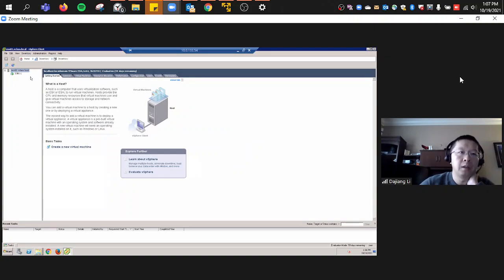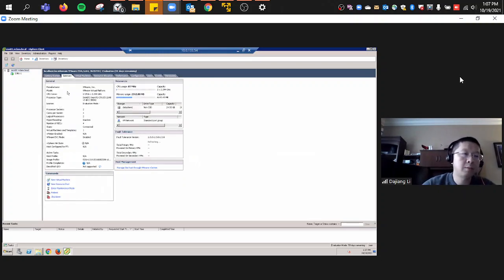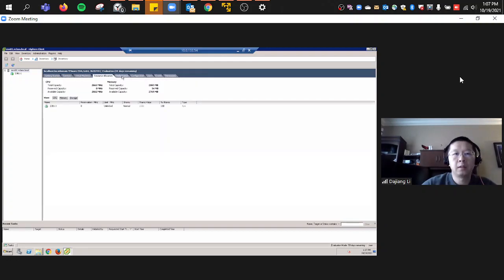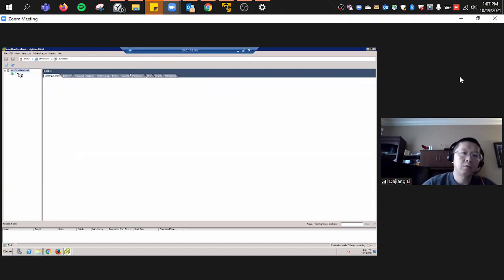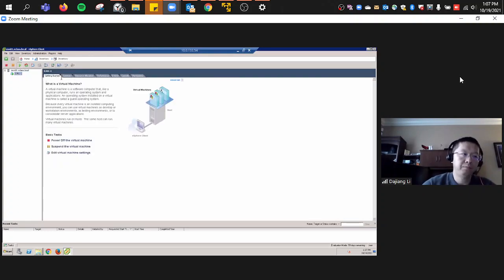For lab one, they also ask you to click summary to check the memory, the hard drive, all the parameters. And you can put some configuration, DNS or host name or NTP server here. Plus they ask you to build one virtual machine. So if you follow the